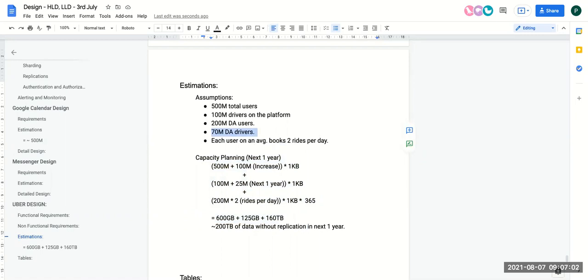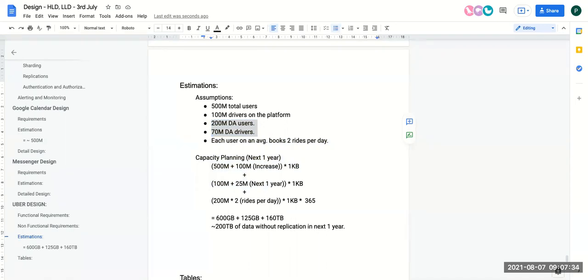You can say that, see here we are saying that each user on an average will book 2 rides because you have taken this as a requirement. That's why we are using this information. You can say that on an average, each driver will have 6 rides per day. Then you can use that information to do the calculations. So it depends on your assumptions. And we'll use it when we do the QPS planning. Not necessarily we have to use it when we are doing the capacity plan, because these are daily active numbers, right? This will be more useful when we do the QPS plan.